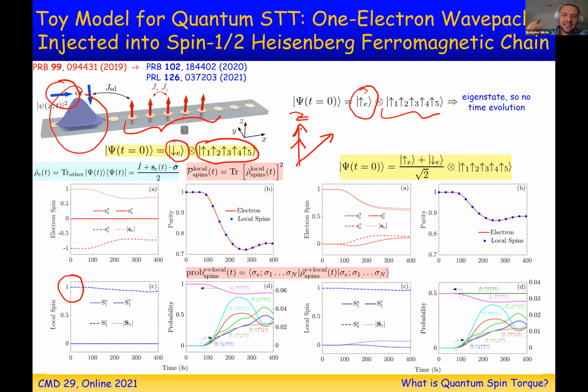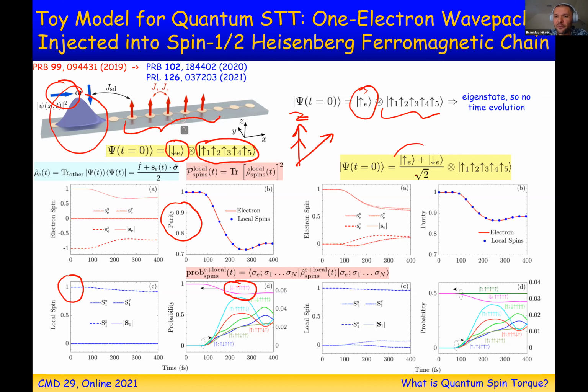And so what we see is that injected collinear but antiparallel electronic flowing spins are causing shrinking of these local magnetic moments. And there is also a change of purity of both of these quantum systems. You can actually see what kind of states are excited here once you look at the probabilities. It looks kind of like a magnon, but again, this is not a magnon. This is not a periodic system from textbook physics. You see actually the electronic spin and all these other spins being excited. Then you ask yourself, okay, this is something strange. It's purely non-classical. Is it a torque or something completely different, as they hinted in PRL that the effect they see is not a torque?